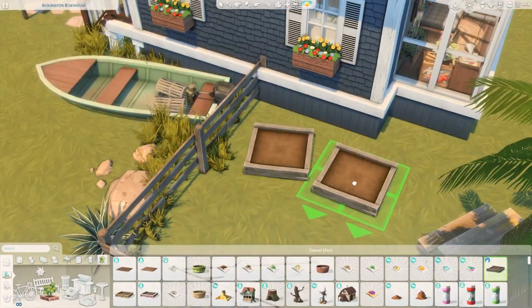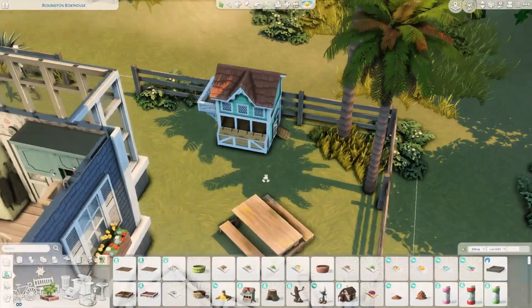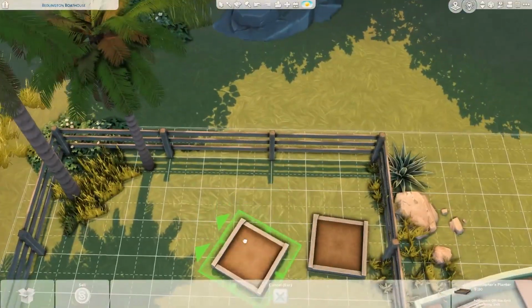But besides adding, like I said, the planters, a table, and a light telescope, we are pretty much done with